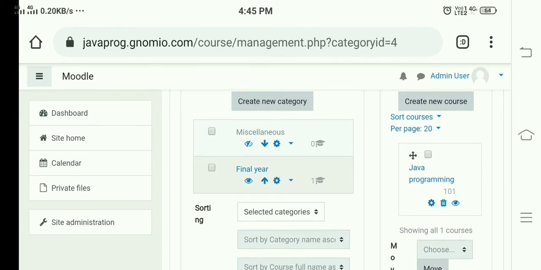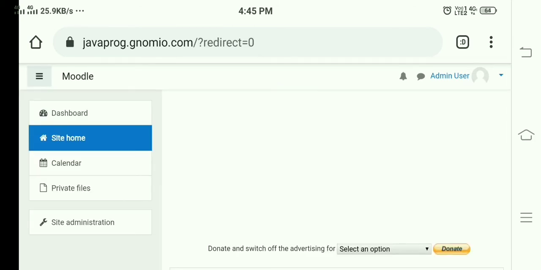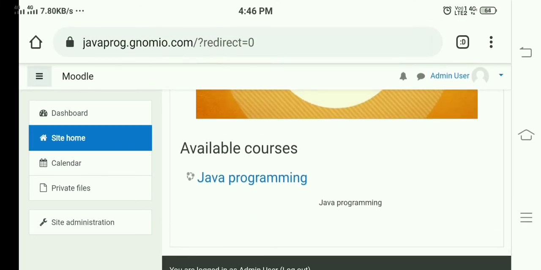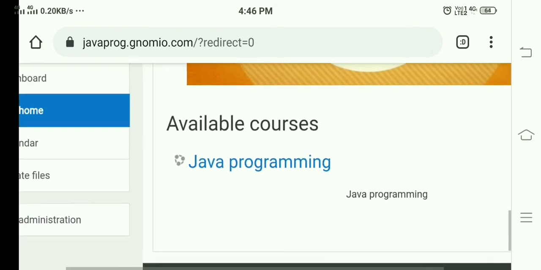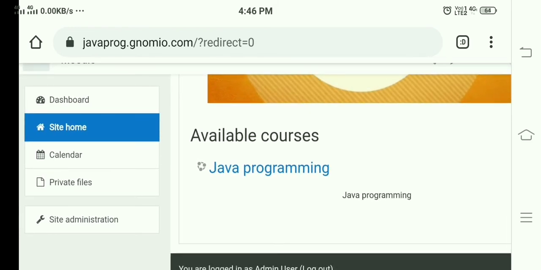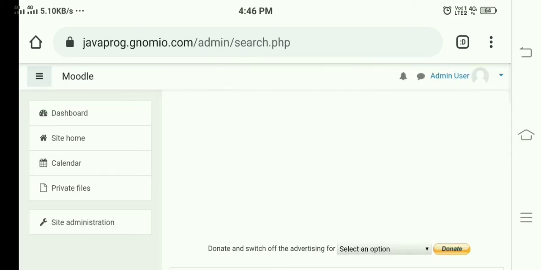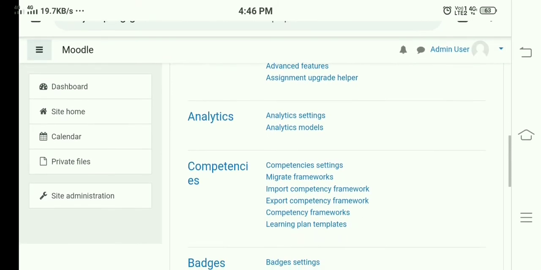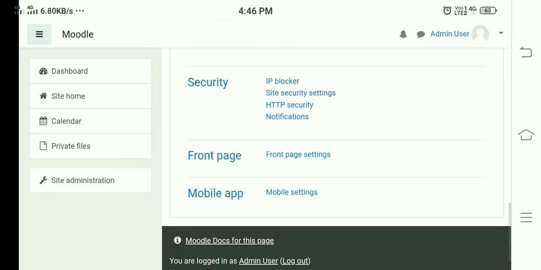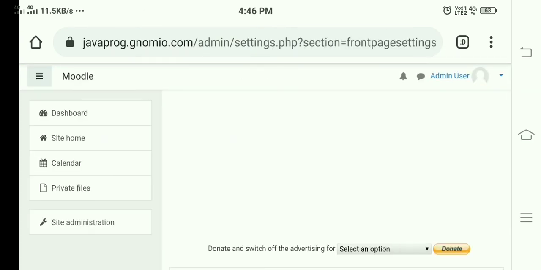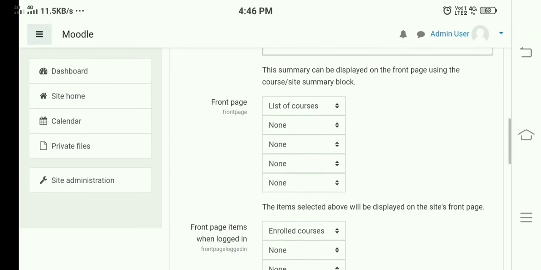This category as well as courses we can display on the site home. If you click on the site home, by default it shows only the courses. So how to display the category names? Go again to the site administration, and go to the front page settings.